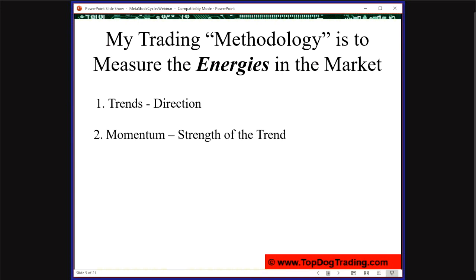By the way, in trading, the dollars are in the details. These little distinctions. You can get all the big stuff, what is a trend, what is this, what is that, all that stuff's for free on the internet, right? And if it all worked, well, then everybody may be making money. And as we know, most people lose money. So if you get your education from the same place most people do, you'll get what most people get, which is losses. So the real key is in these little details. So for example, with momentum, that determines the strength of a trend. Trend is not enough. It has to be a strong trend.